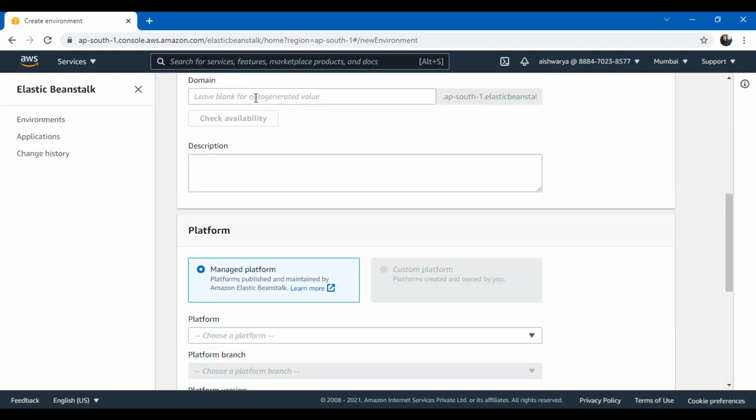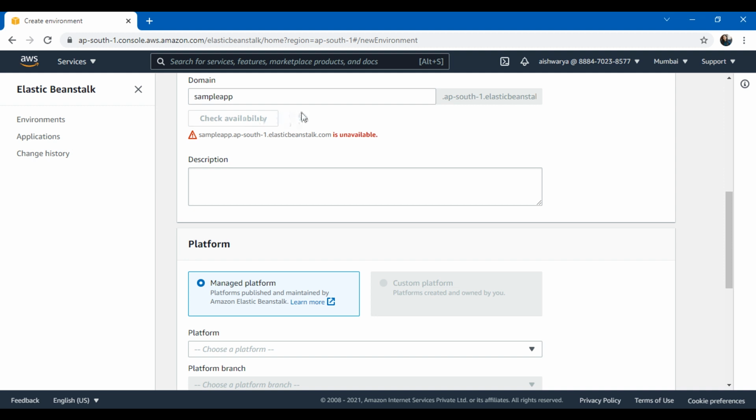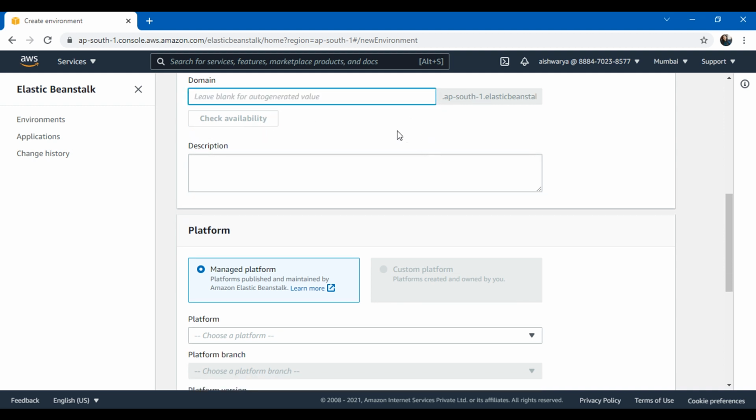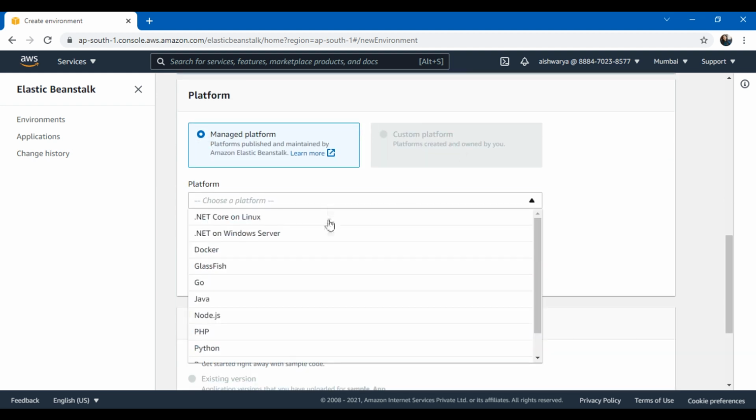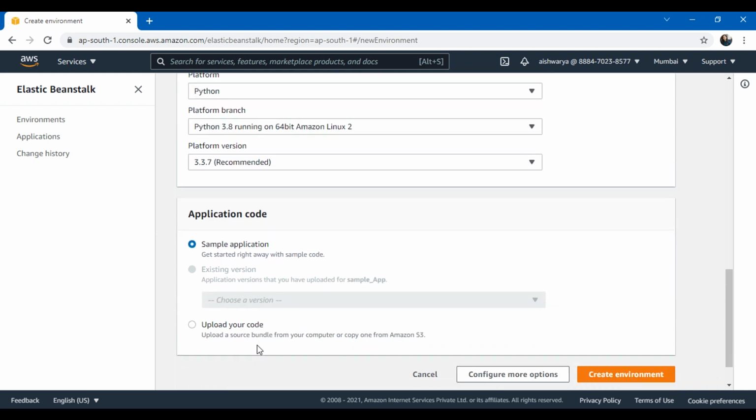Then for the domain, I can say sample app, is that available? If that's available, I will get this domain. It's not available, so I leave it as default, whatever it generates automatically, I will use that itself. Then for the platform, you just have to select a programming language. Let's say I choose Python, and here I go.